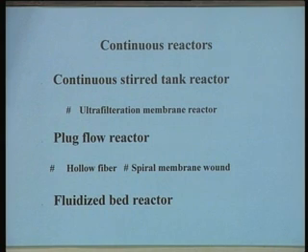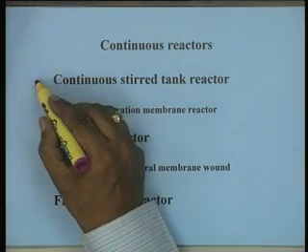The second category, and probably the one of more significance to us in the case of immobilized enzyme systems, is continuous flow reactors, because as a matter of fact, one of the major purposes of immobilizing enzymes is to use them in continuous mode or repeated mode. Of course, you can use batch reactors also in repeated mode, but more conveniently they can be used in the form of immobilized enzymes in continuous reactors. Now, three major classes of continuous reactors are listed here.